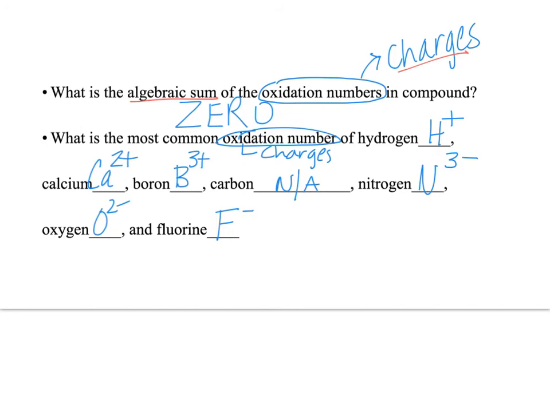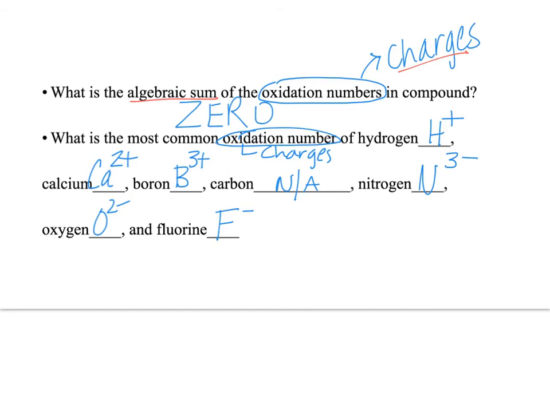Please remember to know things based on where they are on the periodic table. You will get a periodic table on your test, so you can look at that, but you will not be getting your ion or your pink sheet. So make sure you, at the very least, know how to tell what their charges are based on where they are on the periodic table. And then make sure you know those main